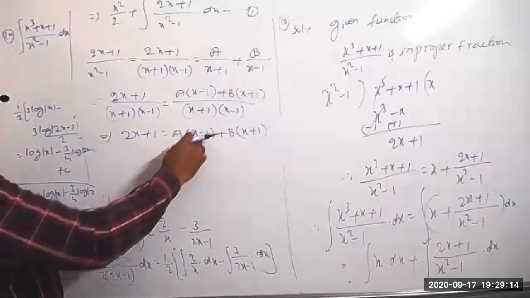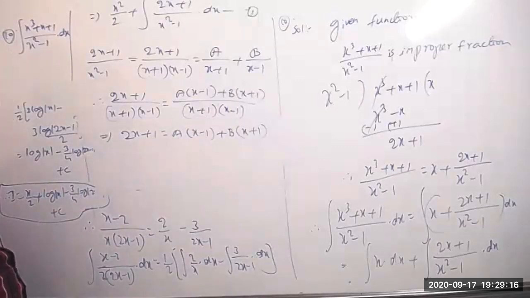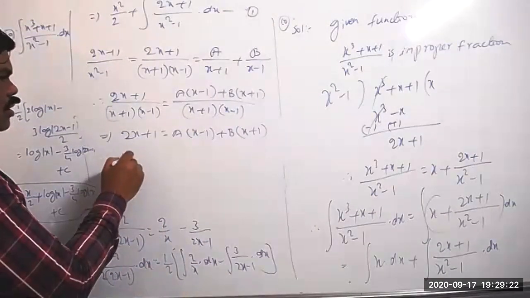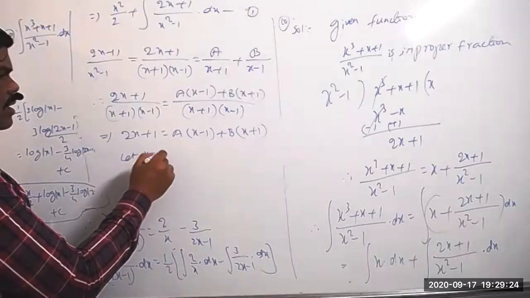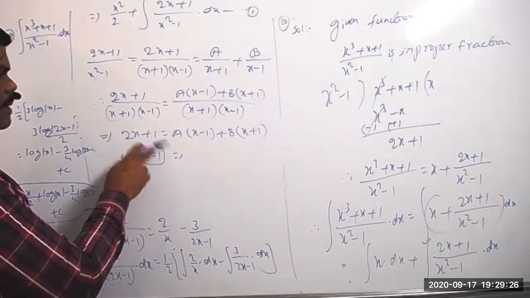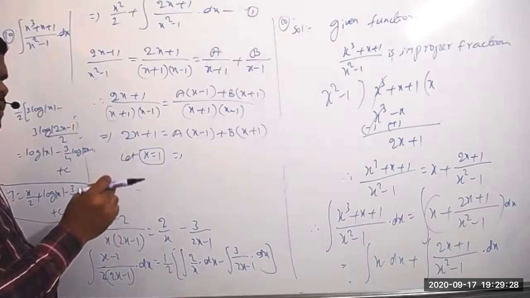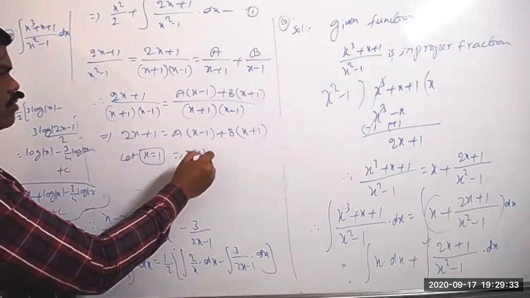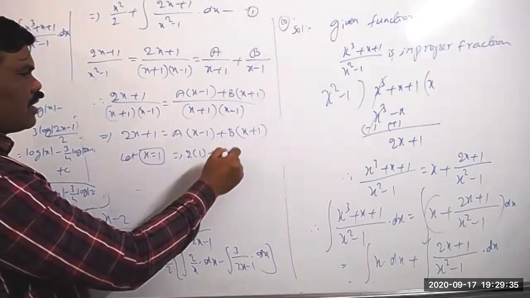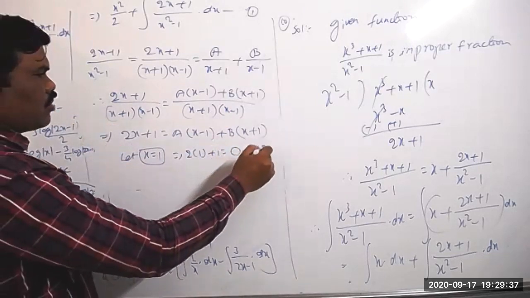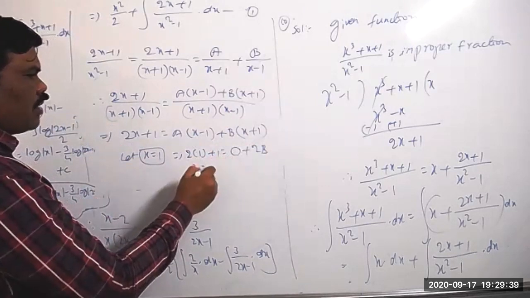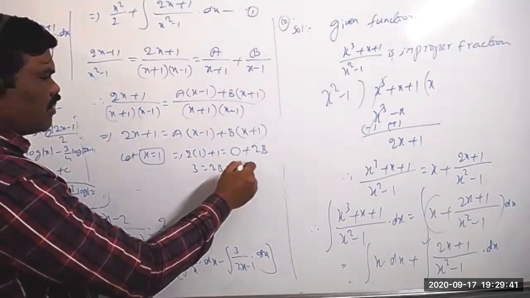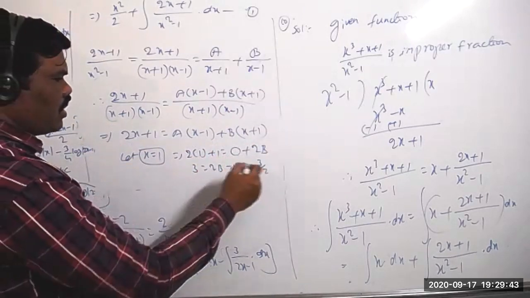Same, the two factors we have are x minus 1 and x plus 1. So x equal to 1 we are taking means a will become 0. X equal to minus 1 means then b will become 0 now. So let x equal to 1. Whatever value of x we take, you substitute it in the LHS also. So you can write here 2 into 1 plus 1 is equal to, clearly a becomes 0, this is the 2b. So 3 equal to 2b. That implies the value of b equal to 3 by 2.